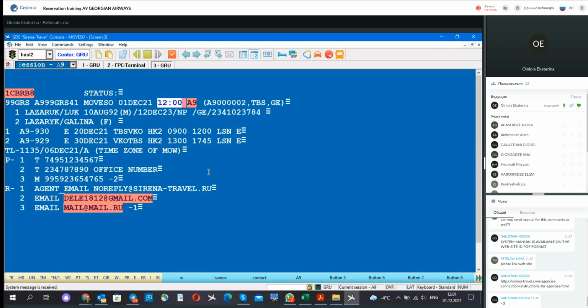Well, of course, what can I do now with this PNR? I can price it, for example. Yes, I can price, I can check fare use, but